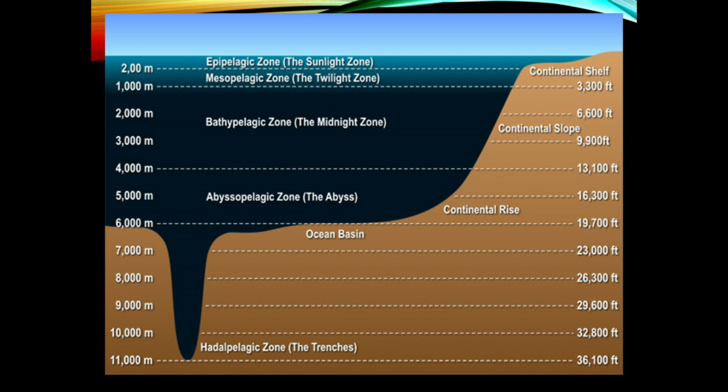As we know, the deepest part of the ocean is the Marianas Trench, which is about 36,000 feet deep, or about 11 kilometers. This trench could fit Mount Everest inside and still have a mile or so to go before it reaches the surface. So what happens when the ocean is this deep? Well, the deep ocean contains a lot of water, and a lot of water means a lot of pressure.